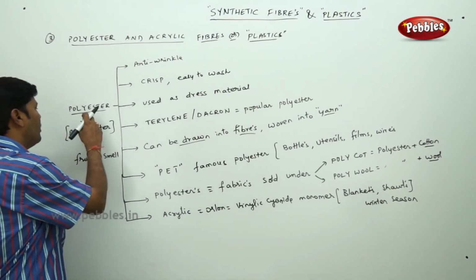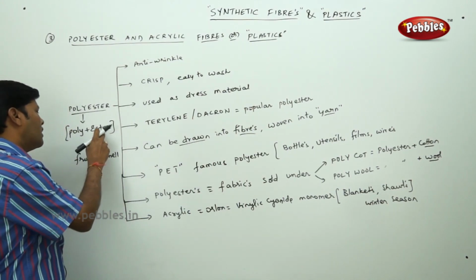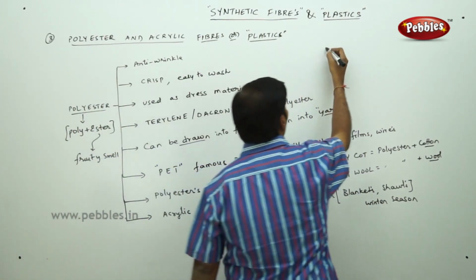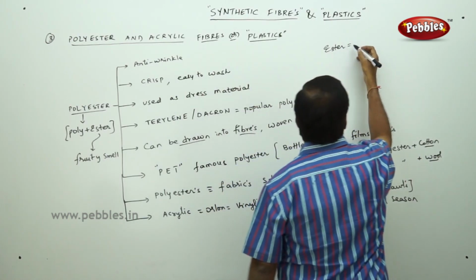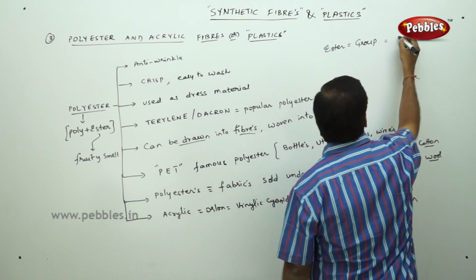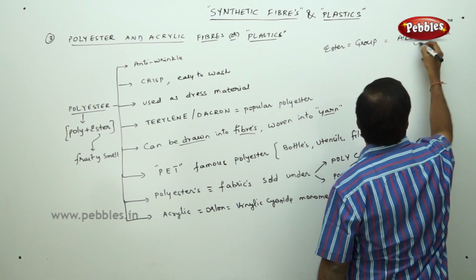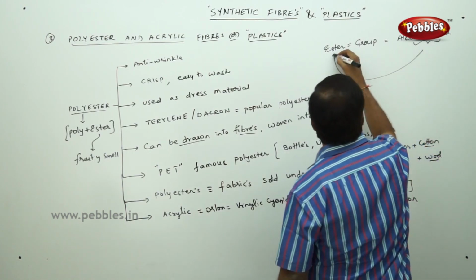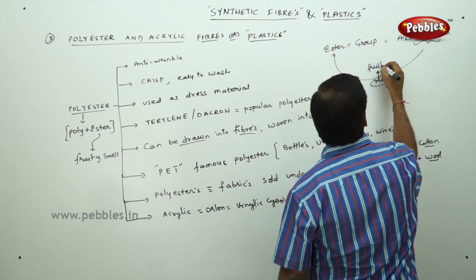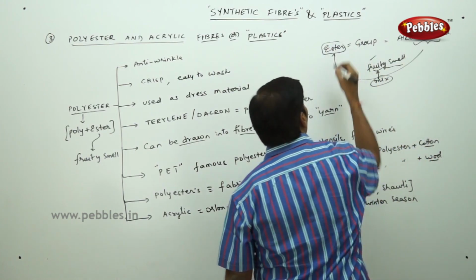So when you say polyester, what do you mean by this? Poly means many ester molecules. These ester molecules generally have a fruity smell, and in the language of chemistry, an ester is a chemical group which contains alcohol plus acid in it. Alcohol and acid, when they mix with each other, give a fruity smell. Once you get this fruity smell, it is confirmed that it is an ester.